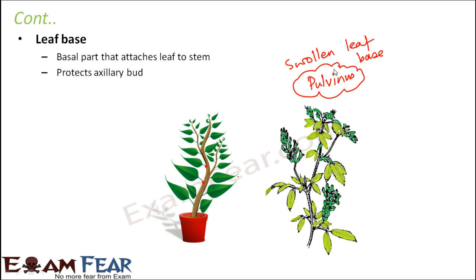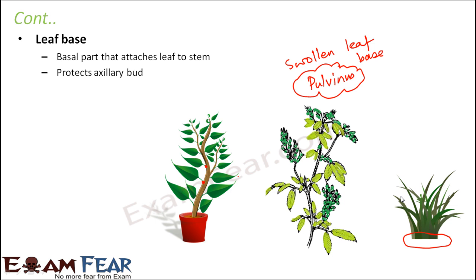Whereas in other plants like grass, the leaf base is a sheath-like structure. In this case, you do not distinctly see a leaf base because a petiole is not there, but the leaf base is like a sheath. It is spread along the ground horizontally. So in grasses, it is very much different.